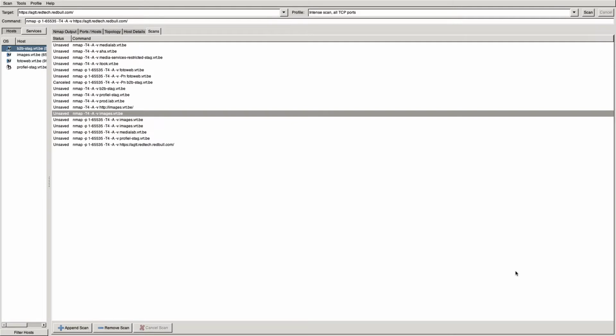So, I don't know if you've had this problem before, but if you're running Nmap scan after scan after scan, it might get confusing to keep track of the results, especially if it's a giant network that you have to scan through. And today I wanted to show you guys Zenmap. It's like an Nmap GUI and it's really interesting, at least if you have to run a bunch of Nmap